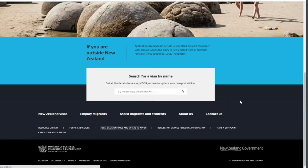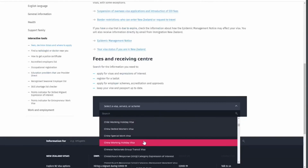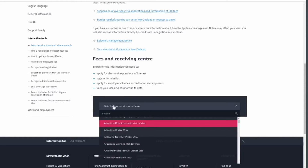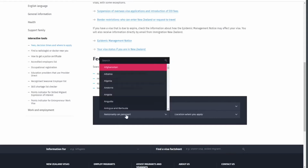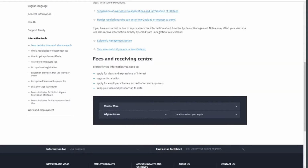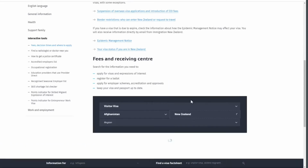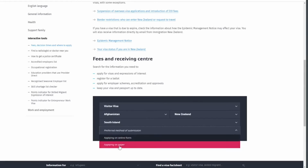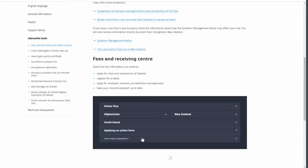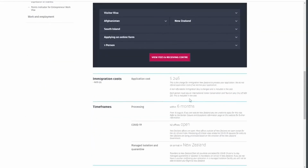We click, scroll down. So here you choose your visa type, so what kind of visa you're applying for. Sometimes the visa names are different than you think, but you can search. So if we search for a visitor, and visitor visa, choose it. Your nationality, so say you're from Afghanistan, first one, and you're applying, let's apply in New Zealand. Christchurch, so we're in South Island, and we want to apply online or on paper, so we'll choose which way. Online is definitely better,